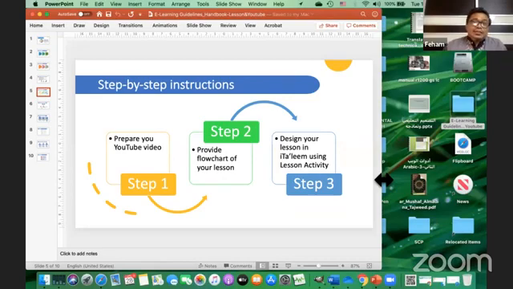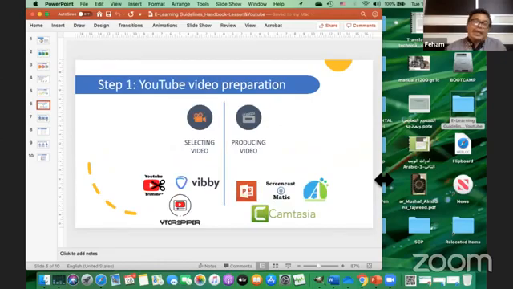Inshallah. So we go to the first one, preparation of the YouTube video. It can be done in two ways. You can do the preparation by producing the video and then sharing it online on YouTube. That's what some of us normally do. So producing the video using different tools: you can use PowerPoint, you can use Screen-O-Matic, you can use Camtasia, you can use APowerSoft, I think.